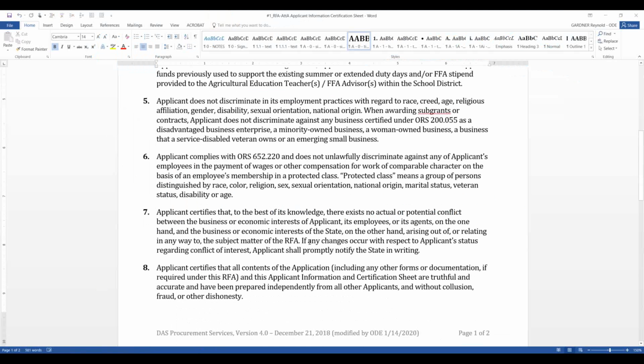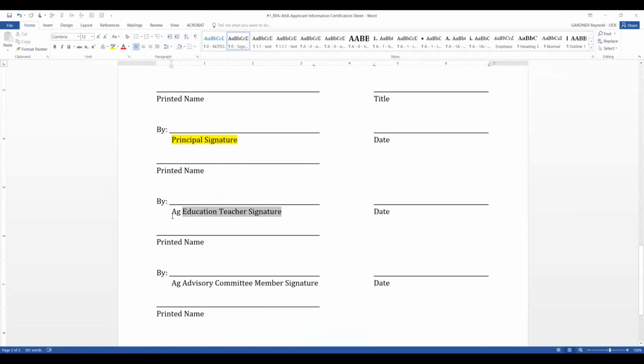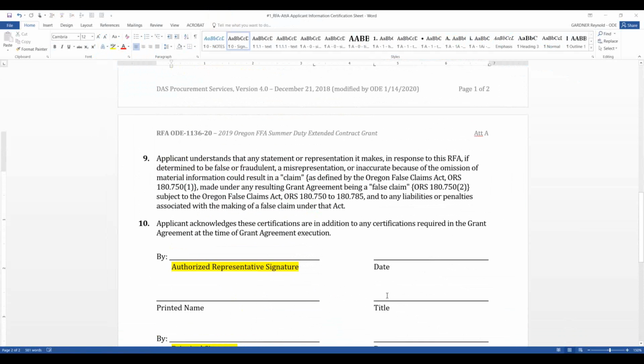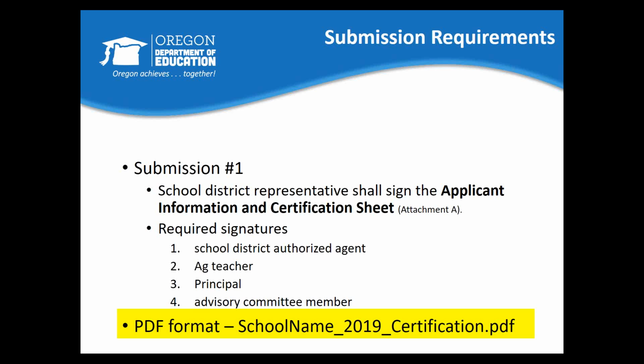but this is a normal contract that on the signature side, there are elements back to the administrative rules of signatures that have to happen. So the school district office, an authorized agent from your school district office will sign it. The law called out that the principal, your direct supervisor, is the one to sign the date at current time when you agree to the terms of the contract. So this is the document, submissions coming in. We need to have your school name, the staff here at the agency,